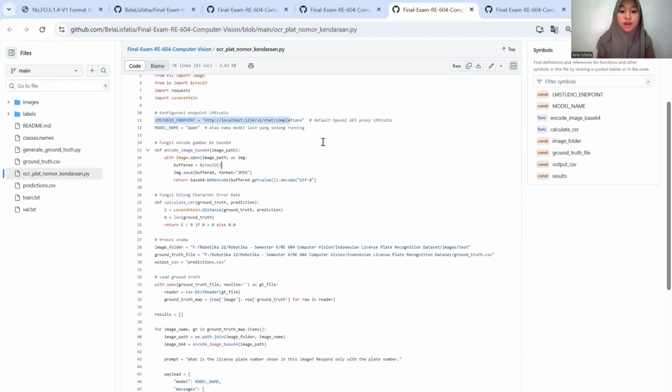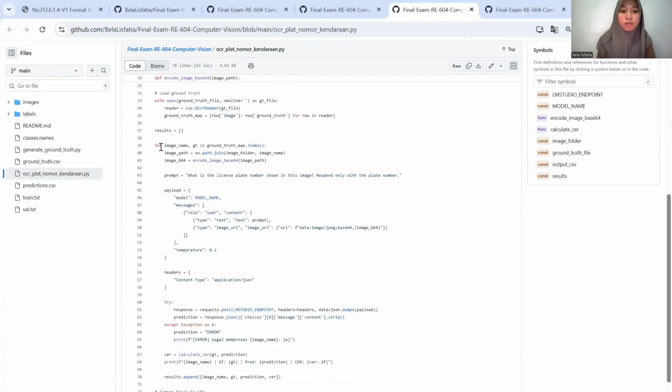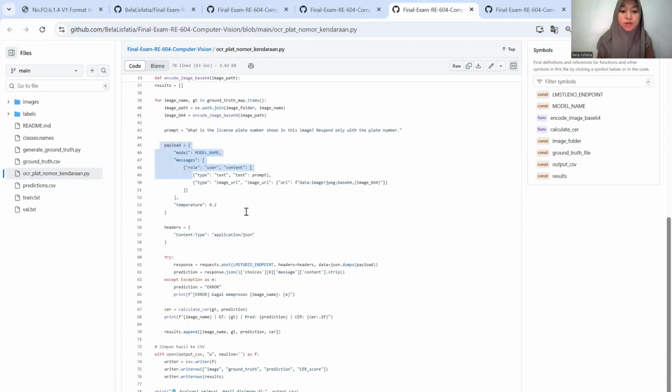The payload is formatted in OpenAI-style chat format. Then LM Studio processes the request and returns the prediction result, and the prediction result is retrieved by the Python script from the JSON response.